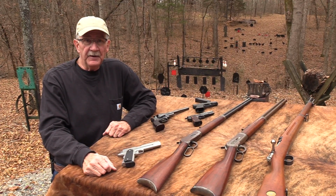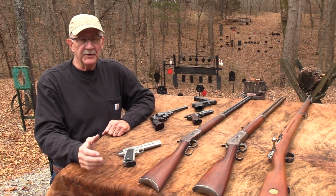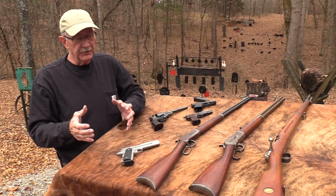Big Glock 45 here with some news you can use. Hopefully some information that will be of help to especially new shooters. Because one of the things that a lot of people just getting into firearms get confused about, of course cartridges